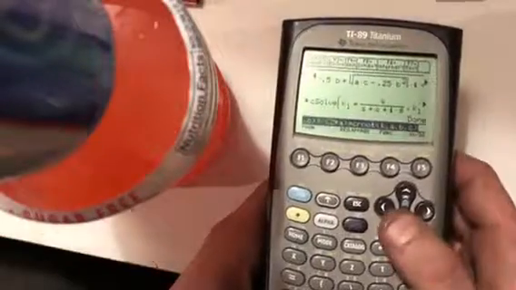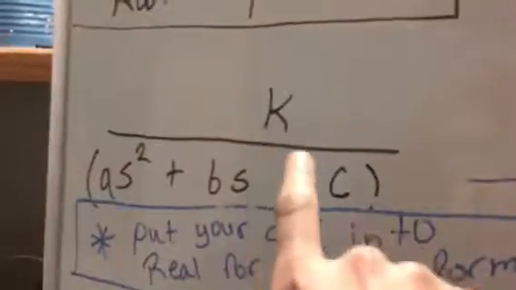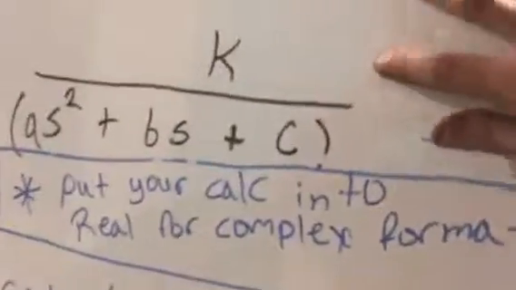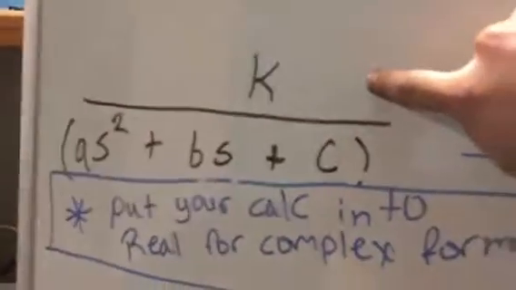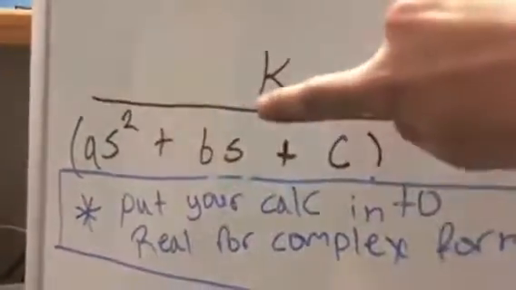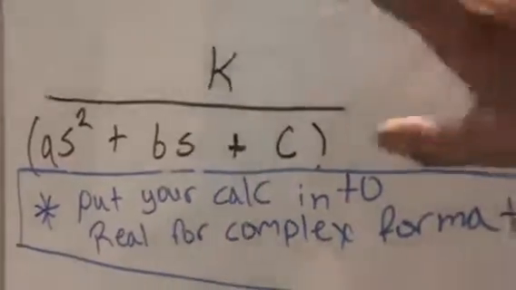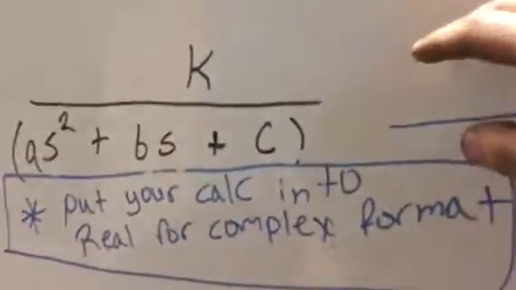It'll return done. So now, if you're faced down with a problem that looks just like this, you're going to have that first K term, which you're going to put in as the first parameter. You're going to have your A, your B, and your C. And this will give you K1, and then you know K2 is just going to be the conjugate. Now really quick, I'm going to show you